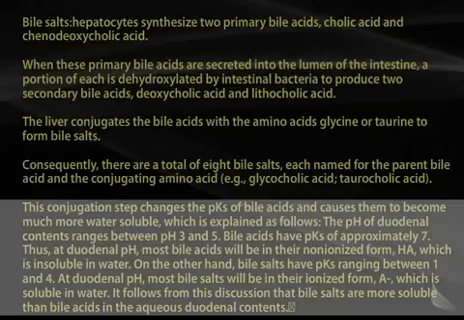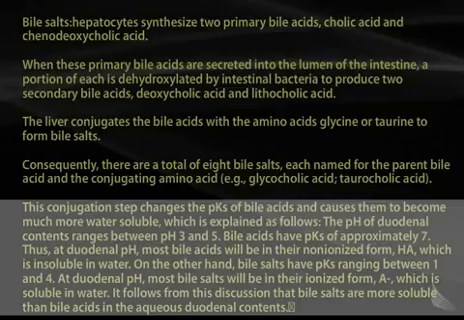If bile salts have a pK between 1 and 4, this means that at a duodenal pH of between 3 and 5, most bile salts will be in their ionized form. In this form, they are soluble in water, and therefore bile salts are much more soluble than bile acids in the aqueous duodenal contents. So just to recap,